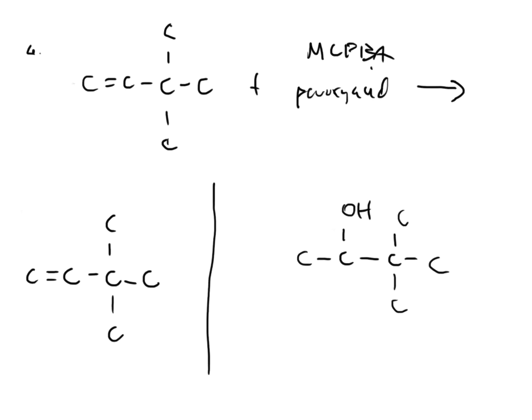So when I add the peroxy acid, what will happen is that my double bond will break. That's what we learned in the alkene reactions, and an epoxide forms. There we go. So when that epoxide forms at this point, I need to make sure that I add on something that can break that epoxide up. And I want to make sure that what I do add is going to be a